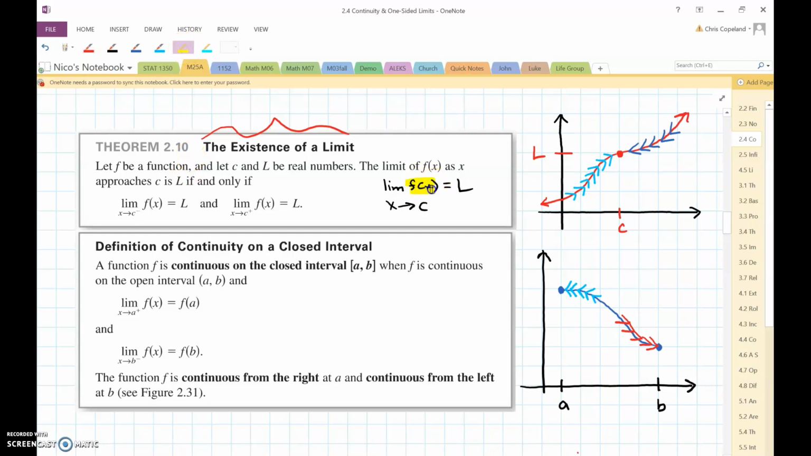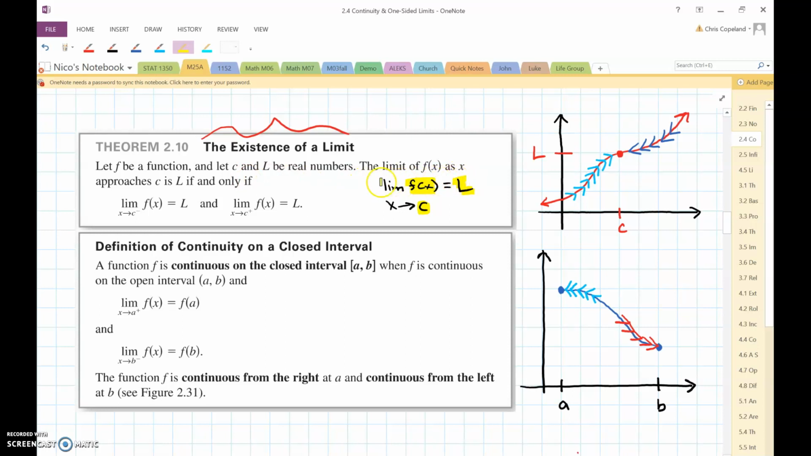We'll call it f of x. And let c and L be real numbers. So here is c and here is L. The limit of f of x as x approaches c is L if and only if